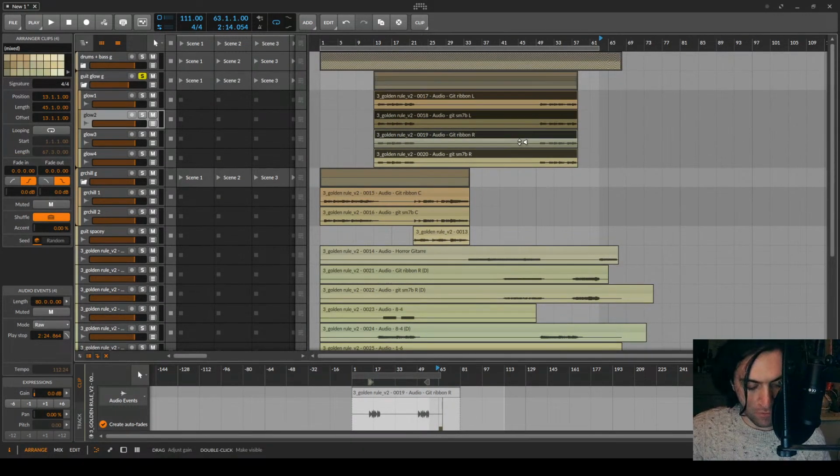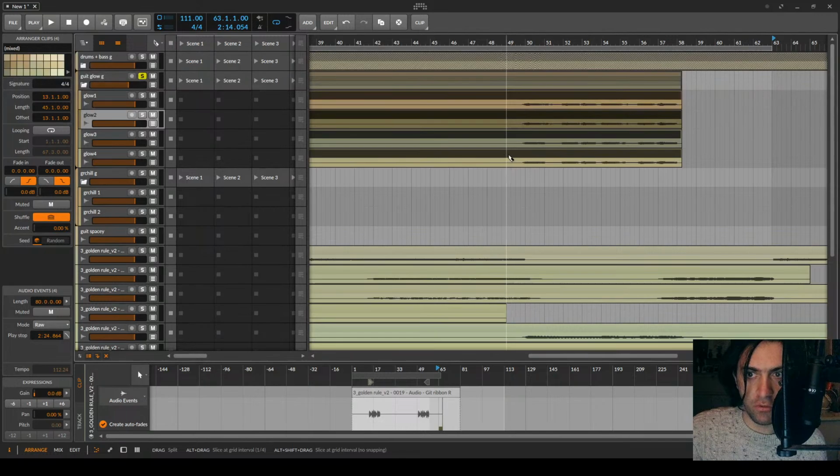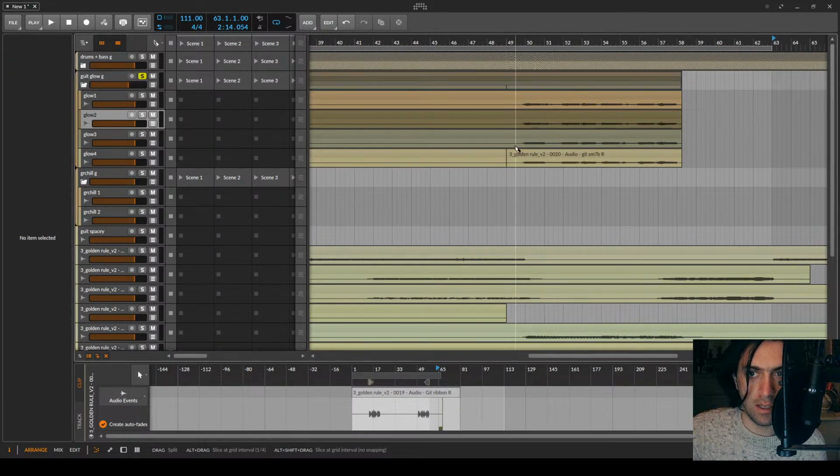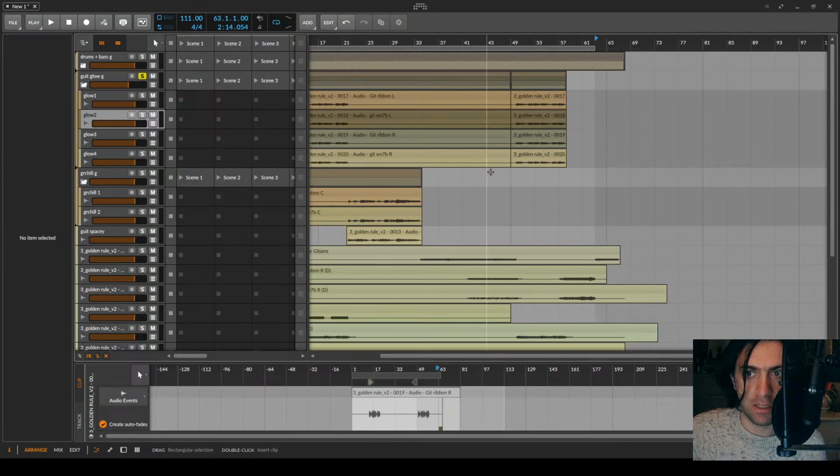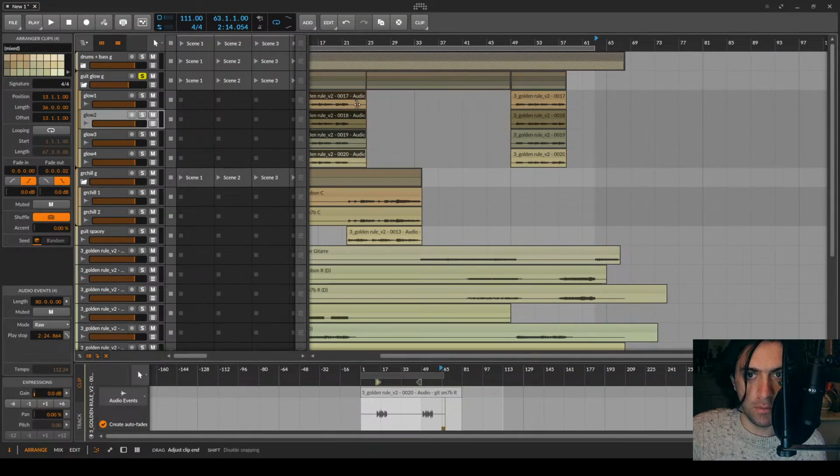Now one of my favorite things about Bitwig is that they are not able to implement the feature where, when multiple tracks are selected and you try to cut all of them with one click, it cuts only one of them. I'm a huge fan of them not making this a thing. That makes a lot of sense.